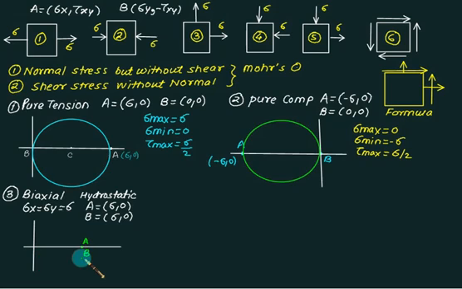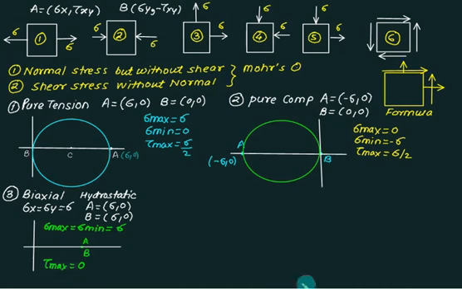So in this case the principal plane can be at any angle. There are an infinite number of possible angles for the principal plane, only for biaxial and hydrostatic. If the points overlap, we have an infinite number of principal planes. So for this case sigma max is equal to sigma minimum, which is equal to sigma. So naturally it is true that we don't have a shear stress. So both on the sigma axis, sigma x and sigma y itself are equal to sigma max and sigma minimum.